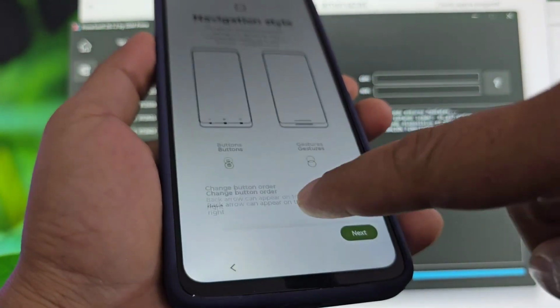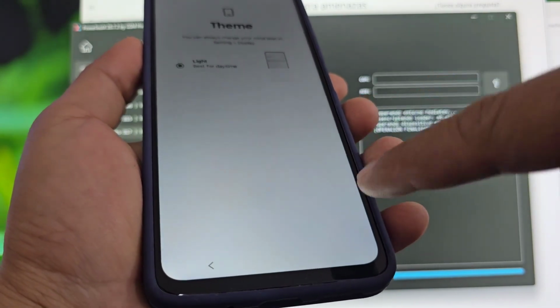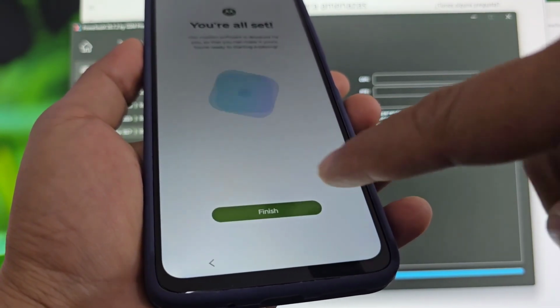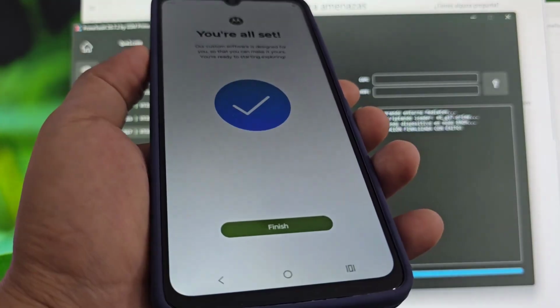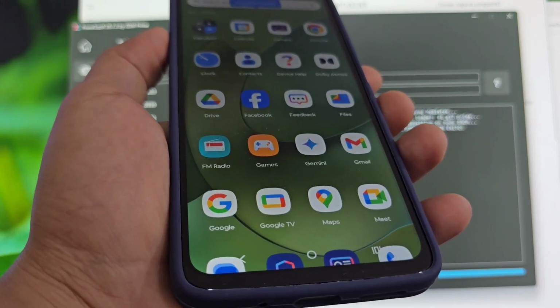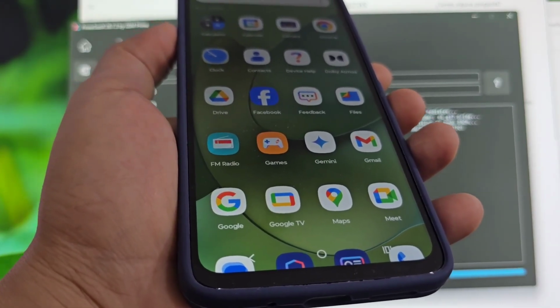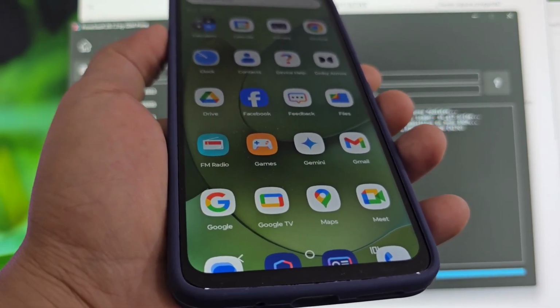We click on skip, next, next, next. Next, we're going to click finish here. We're going to finalize this option. What are we going to do now? We're going to go ahead with the adjustment. Then we'll talk about the phone and reset our device so that it is free of